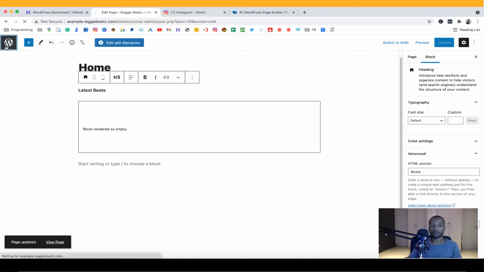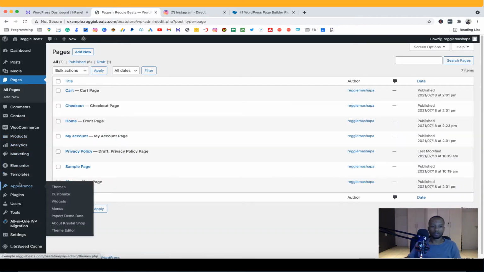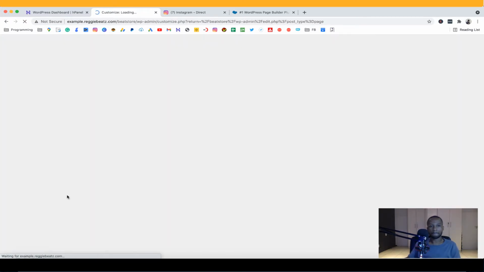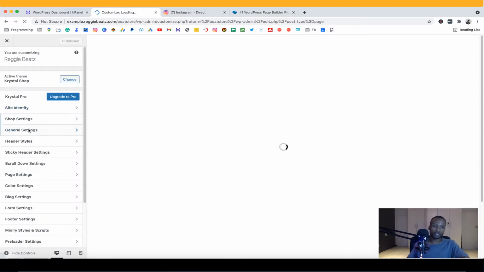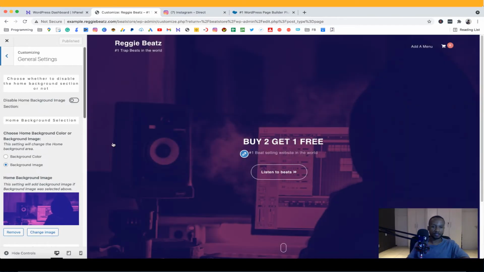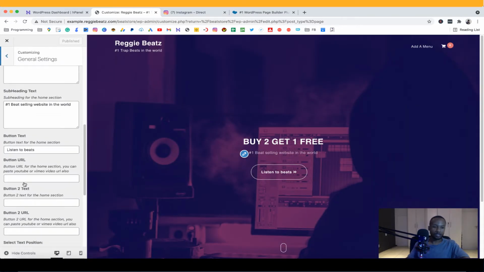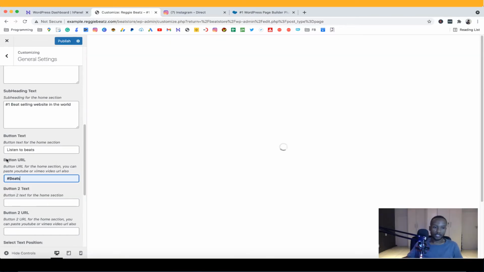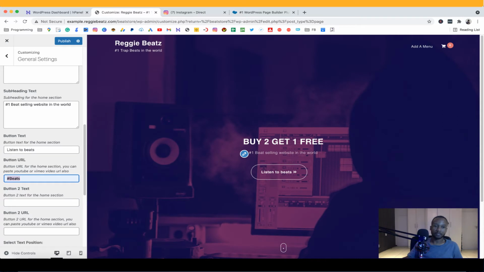Then click on the WordPress. Let's go back to customize. Then let's go back to general settings again, and then let's go back to the button. Here where it says listen to beats, where it says URL button, you can just type in that